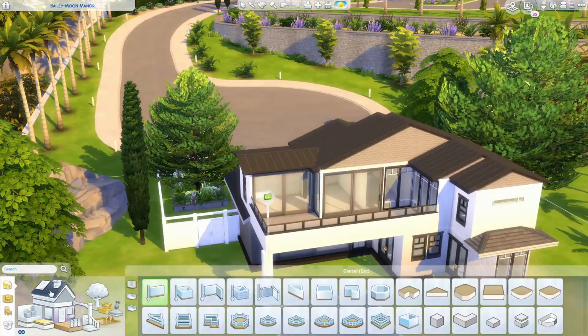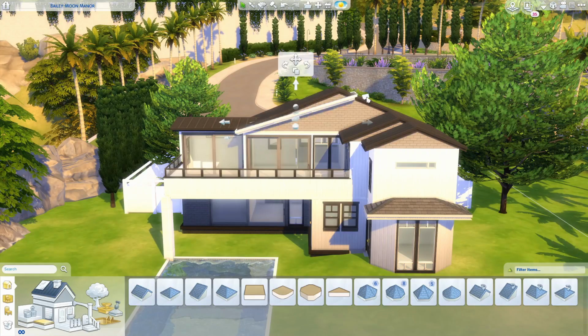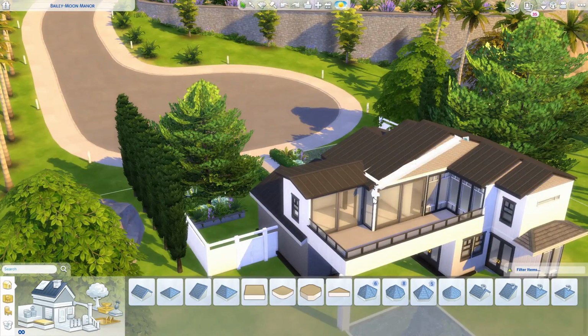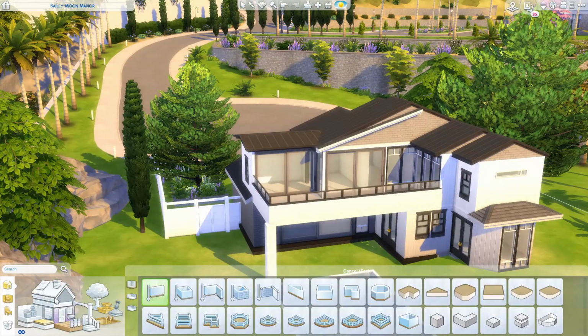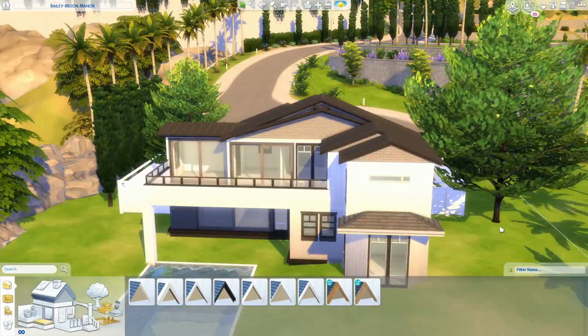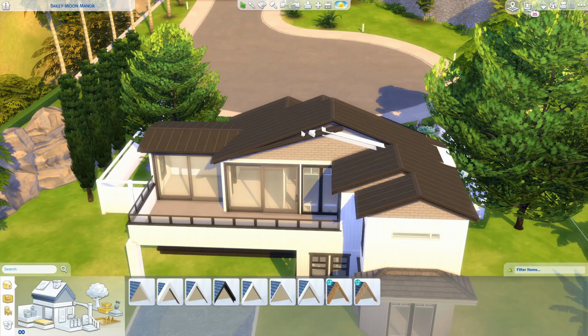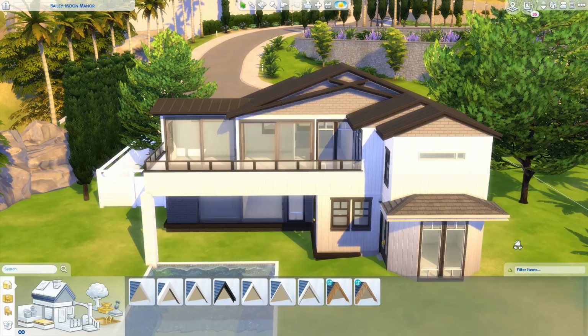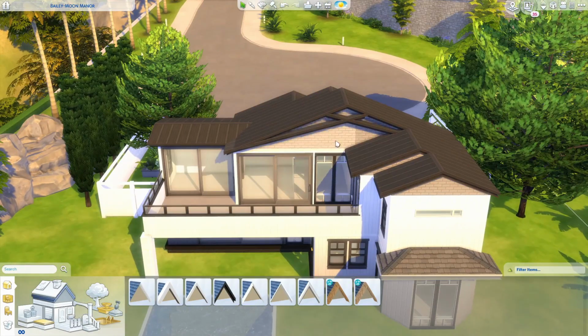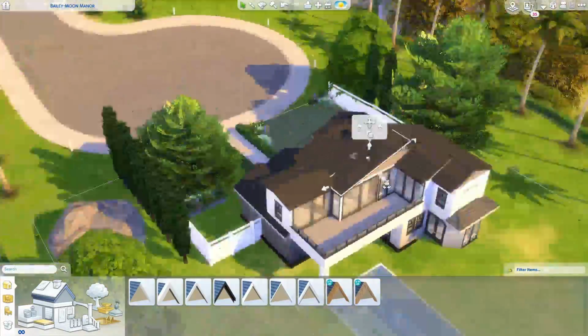I think it actually blends in quite seamlessly, because if you look off the edge of this lot in Del Sol Valley, there's actually a cliff and tons of rocks off of the cliff that look exactly like that. So it definitely isn't super out of place to have those rocks protruding up through the property, but I found it was a cool way to enclose the lot a little bit more and make it feel like there's a little bit more greenery around it instead of it looking like a